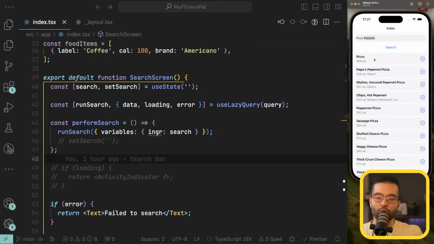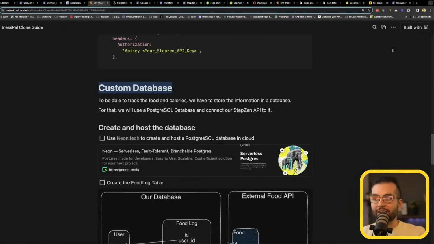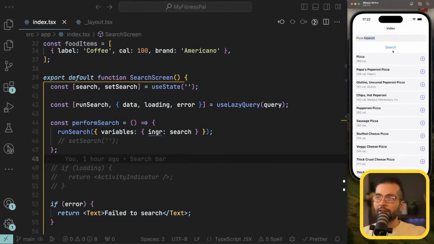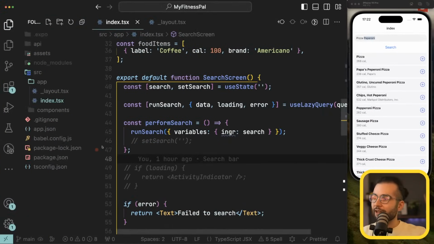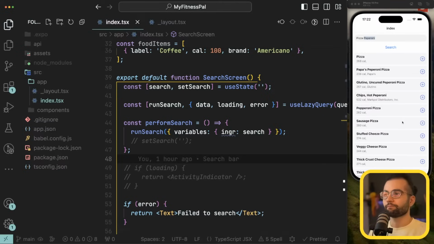In our case, we are going to implement features for tracking your daily food. You're gonna search something, press plus, and it will be added to your daily log, and we're gonna automatically calculate the kilocalories for today to help you keep track of them. For that, we need a custom database. But before I go into the database, I think I'm going to